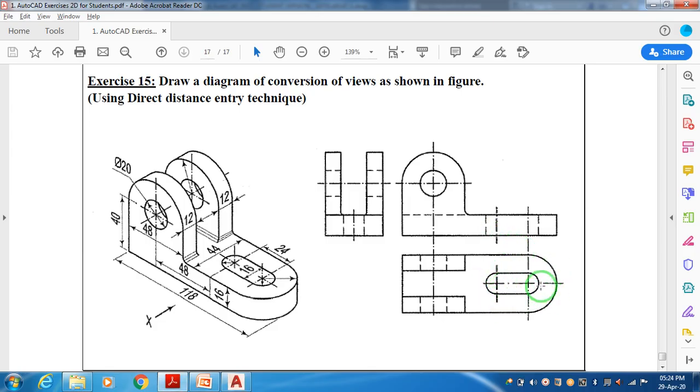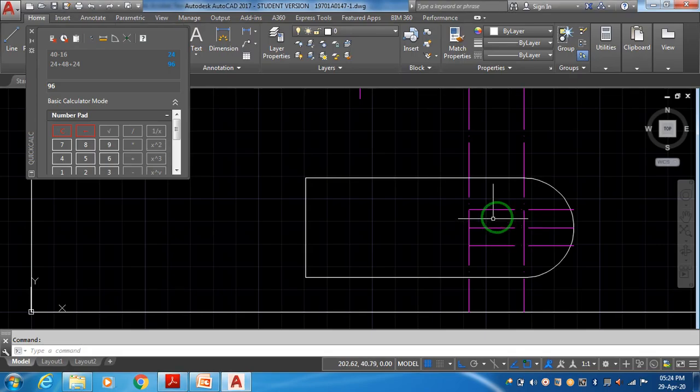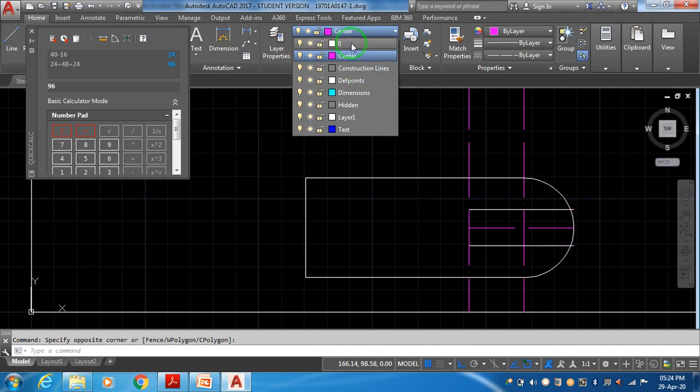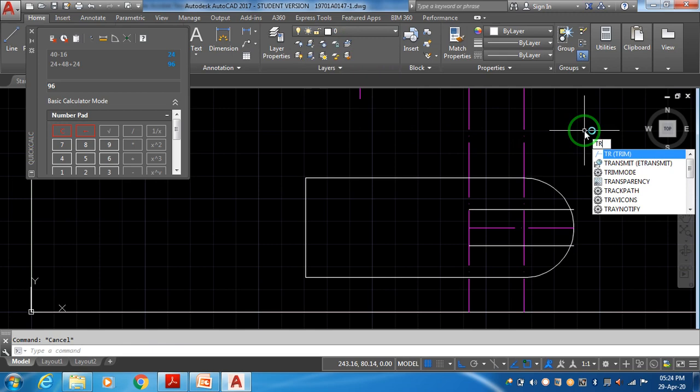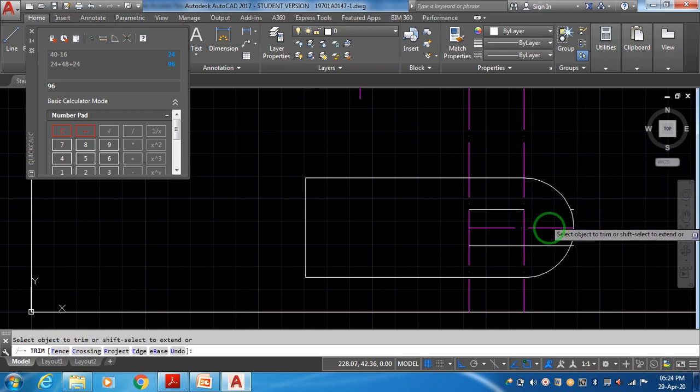Now here I am supposed to draw semicircle and I have to write, right? But if you can observe, this should be in regular lines. So I am selecting this one, taking to regular 0 layer, and I am trying to, using trim command, double enter, outside left, erase them.